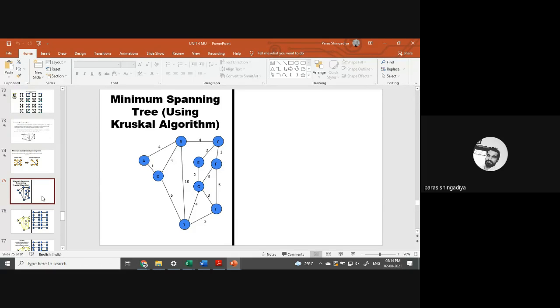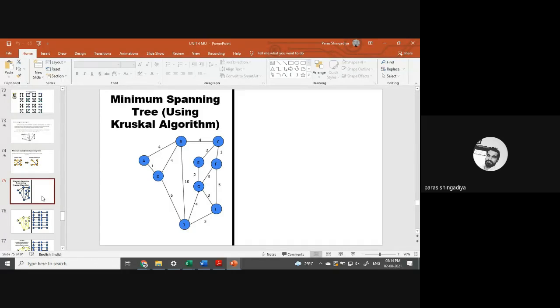Clear? We just enter the data only, and we also have one more tool to enter this data, to create this graph in the PC. In place of that, we just enter the matrix form of this graph. That we'll learn in the second unit: how we can enter the matrix form of any graph, and how we can create any graph by using a matrix in the computer. That will also be discussed in the second unit.